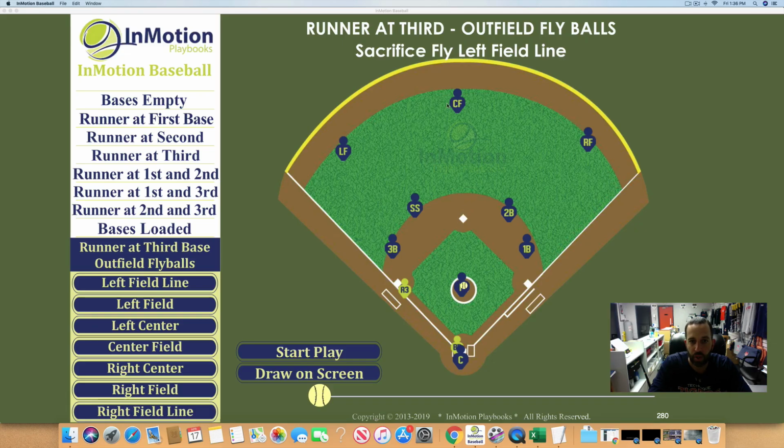This is video number 3, where we're going over situations in our in-motions playbook. Right now we're keeping it real simple with only one runner on base, and the runner's at third base. We're going to work some fly balls to each position. This first situation we're discussing is runner at third base, outfield fly ball, sacrifice fly to left field, down the left